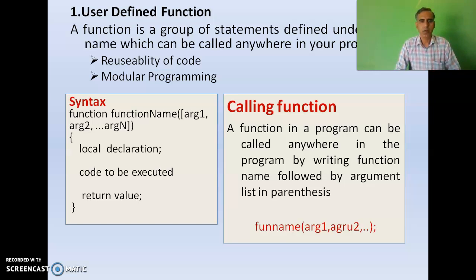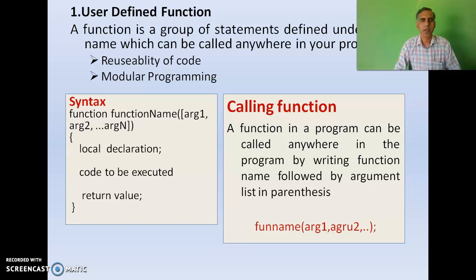The syntax of defining a function in JavaScript is: function, the keyword, then function name, then argument list within parenthesis. Then the body of the function is defined with a block of statements within braces.